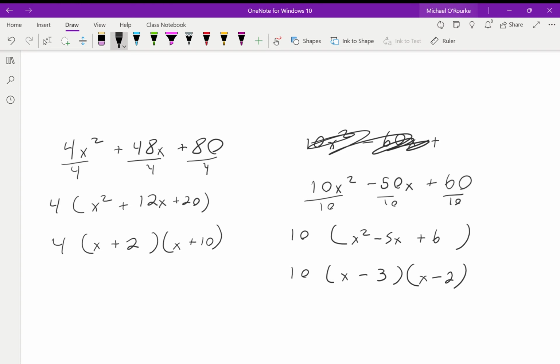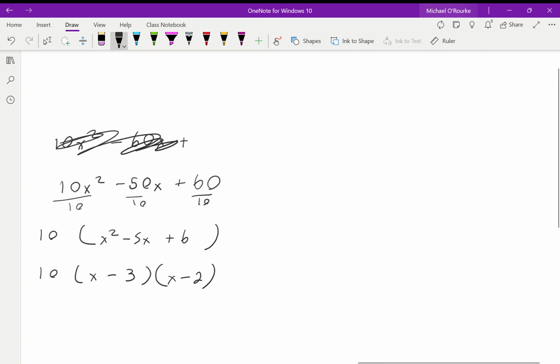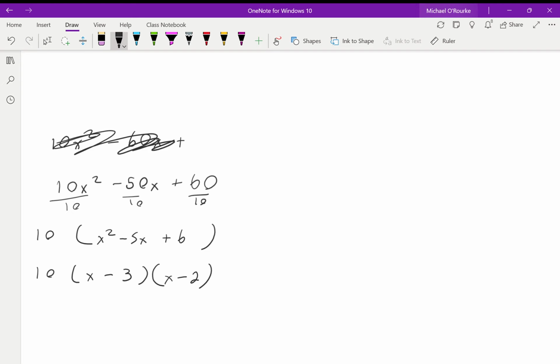All right, what am I at for time? I'm at 8:20. That means I've got time for at least one more. I know everyone's super excited about it. Let's do this one. I have 3x squared minus